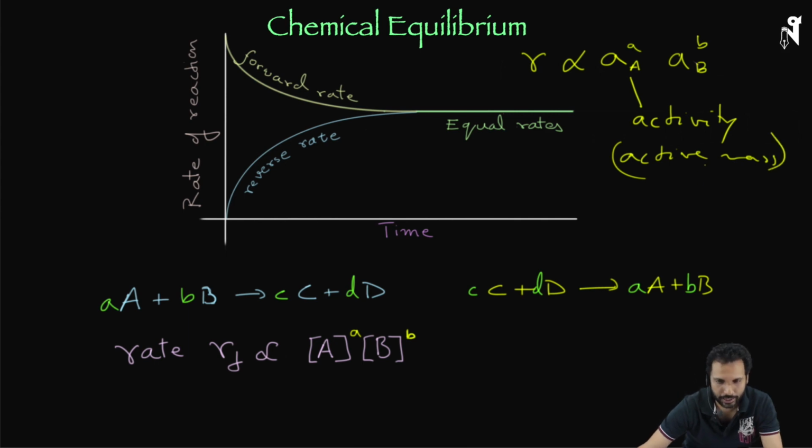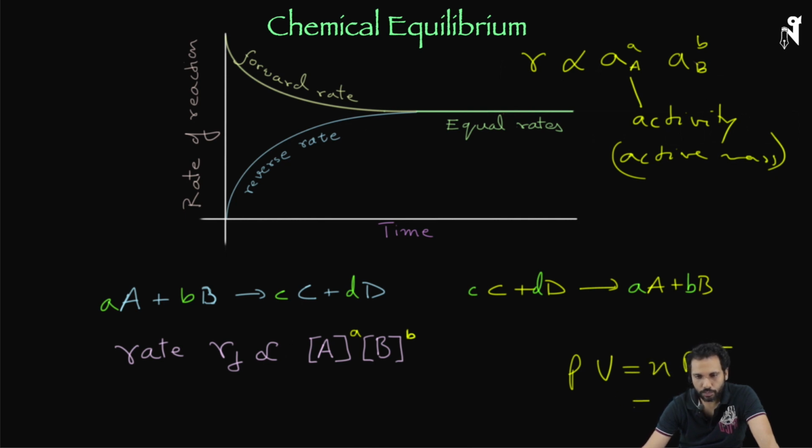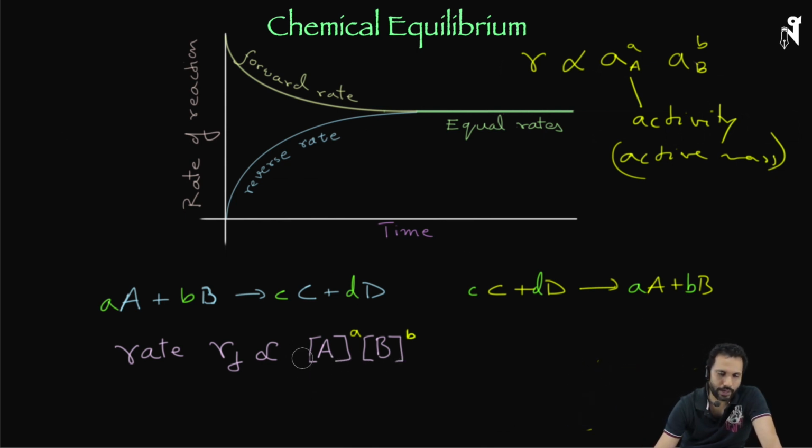Now, what active mass translates to for us in this particular chapter is the concentration for things which are in a solution, or even in gaseous form, you can say the concentration, moles per unit volume. Now, if I look at the formula, PV is equal to nRT. Your moles per unit volume, which is your concentration, can also be represented by P, because your R and T, all of this is happening at a certain temperature, is a constant. So the activity of gases can be written in terms of pressure instead of concentration, moles per volume, but we are going to come to that. Hence, I've just written concentration over here. You might write the pressure also if these are all gases.